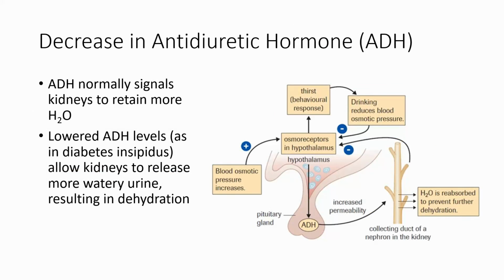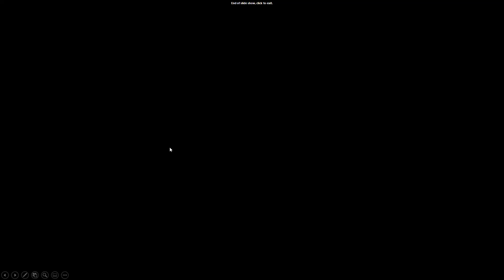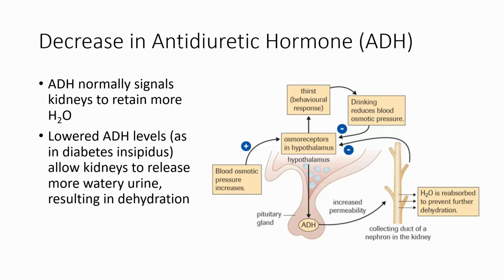There are also a couple of conditions, one of which is diabetes insipidus. So diabetes doesn't just refer to traditional diabetes that deals with insulin. Diabetes insipidus involves lowered amounts of antidiuretic hormone. A diuretic is something that makes you pee. Antidiuretic prevents urination. So, that should make sense with the fact that an antidiuretic hormone signals the kidneys to keep more water, retain water,